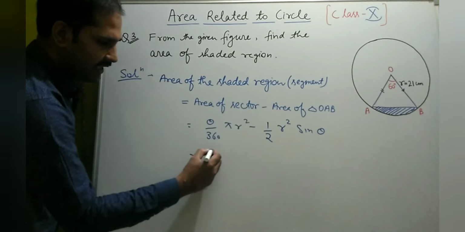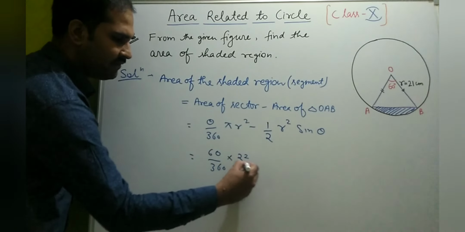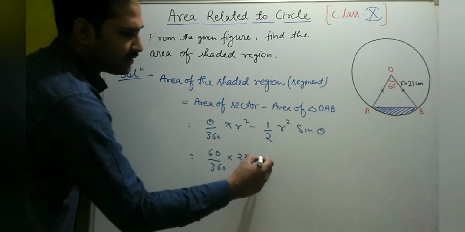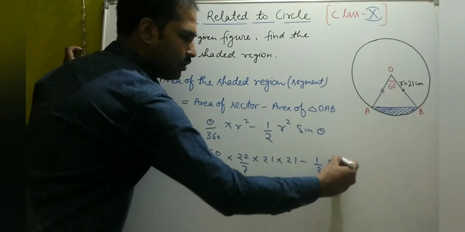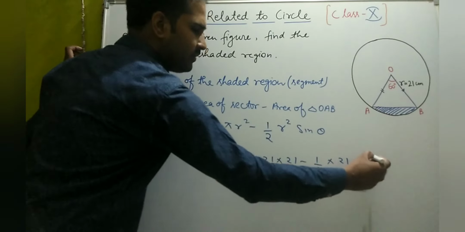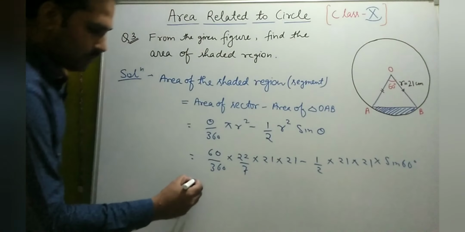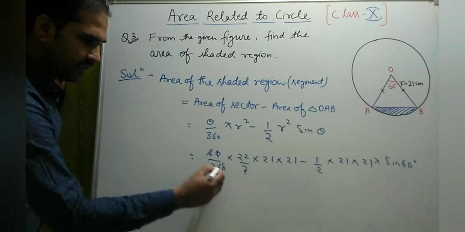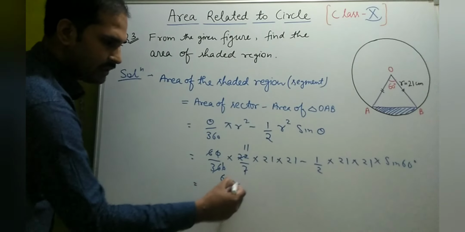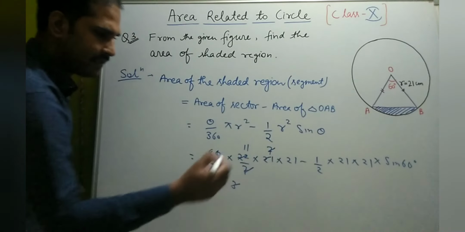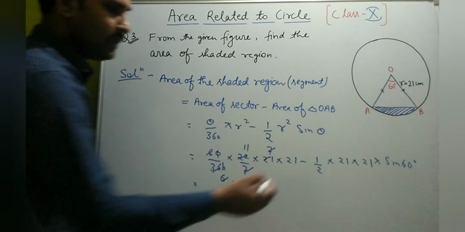Theta means 60 degrees by 360, the value of pi is 22 by 7, multiplied by r square, that is 21 multiplied by 21, minus 1 by 2, 21 multiplied by 21 into sin 60. So we can see here 6 sixes are 36, now cancel out with 2. This is 3 sevens are 21, 7 and 7 cancel out, and 11 into 21 is 231 minus 1 by